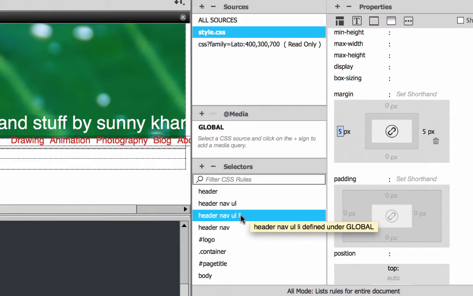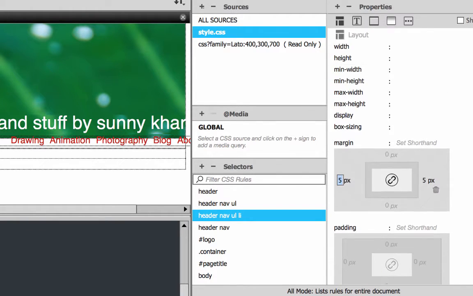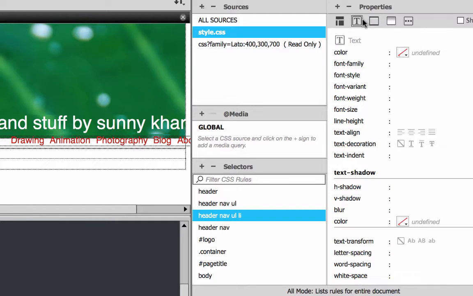In this case, all of my header menu items. So in the CSS properties under text, we have something called text transform. I'm going to click on uppercase. So as soon as I do that, it changes all of my header menu links to capitals.